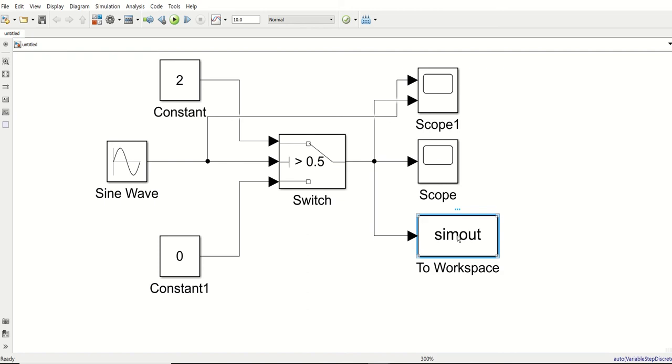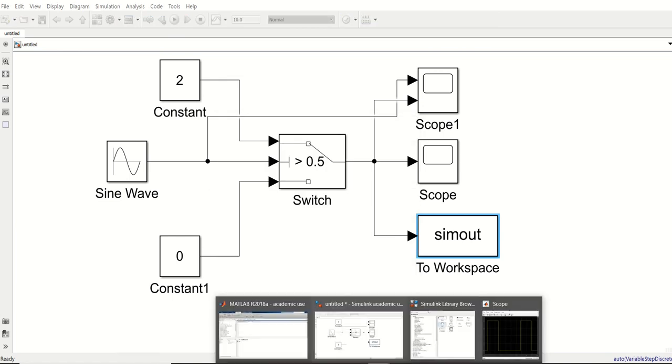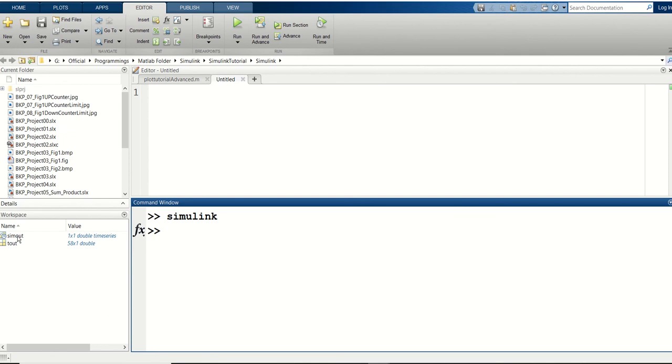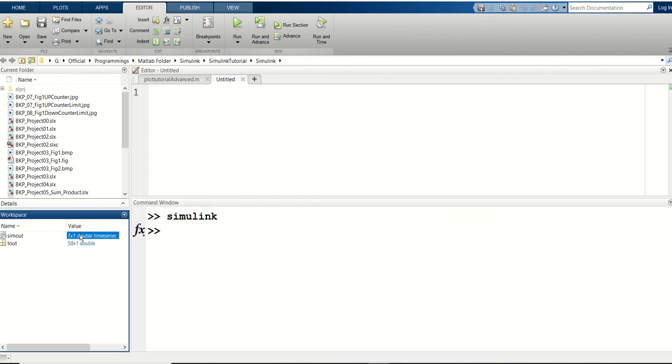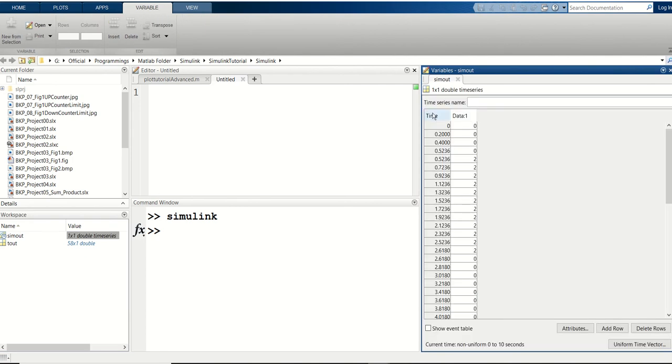Now if you run, let's make this block name on. This simout will give you the output; the variable name will be simout, and we have the output in MATLAB. Let's open MATLAB and you will see you have the simout value here. If you double click this, you will get the values, time and data.